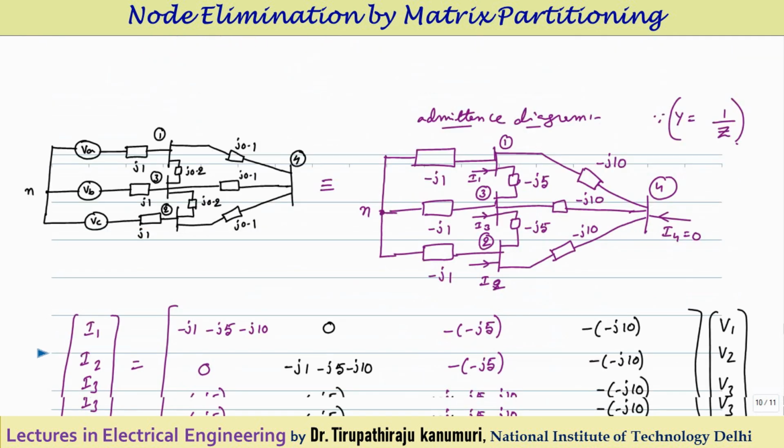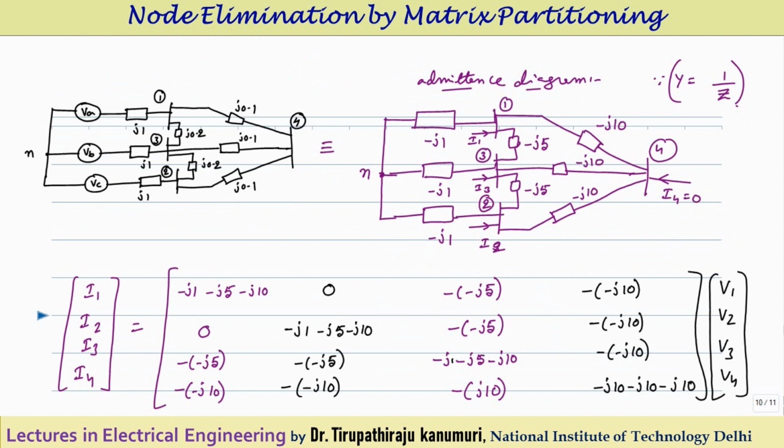I am proceeding further because my major concern is the admittance diagram. From this diagram, I want to calculate the admittance diagram. This voltage in series with impedance I have represented as a current source, because there is a current I1 entering, in parallel with the impedance. That impedance I want to convert to admittance, because admittance is equal to 1 by impedance. So you can calculate 1 by J1. J comes to the numerator as minus J, so minus J1. Similarly, this will become minus J1, and this will become minus J1.